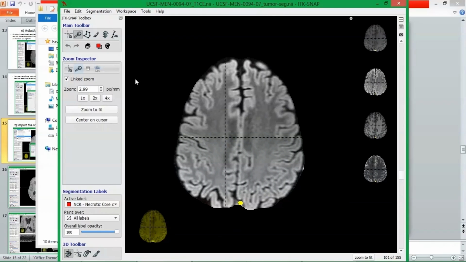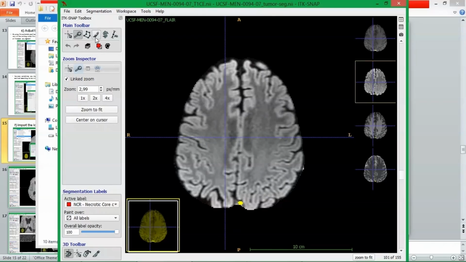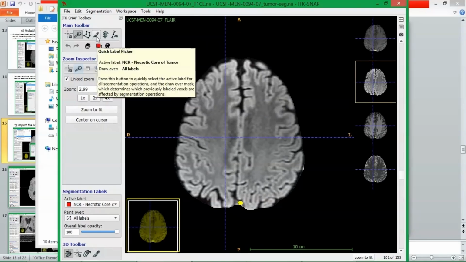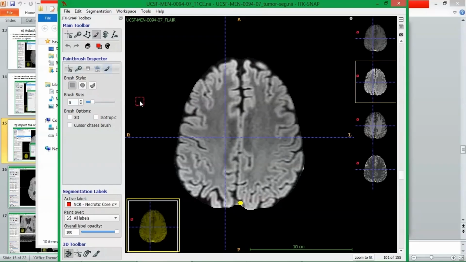So the next mode that we're going to be using is the paintbrush mode. It's actually our most important instrument for segmenting. Here you can choose the width of the paintbrush and also the shape. I usually use the circle shape,